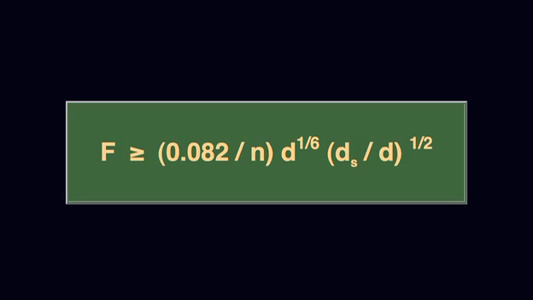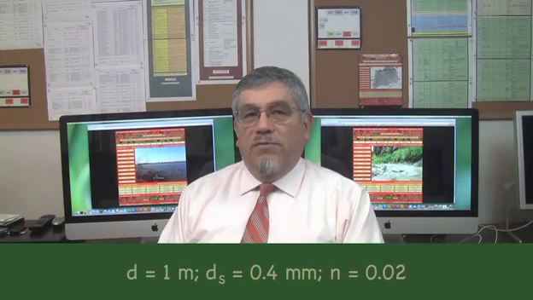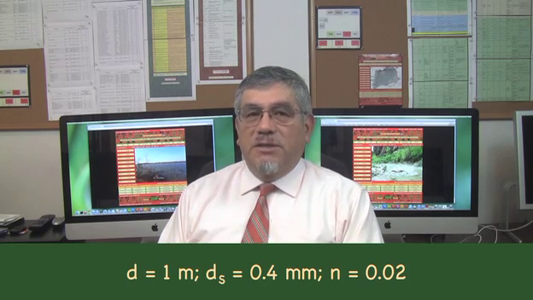In terms of Manning friction, for a hydraulically wide channel in SI units, the Froude criterion for initiation of motion is: for example, for flow depth d equal to 1 meter, mean diameter d sub s equal to 0.4 millimeters, and Manning's n equal to 0.02, the Froude criterion is